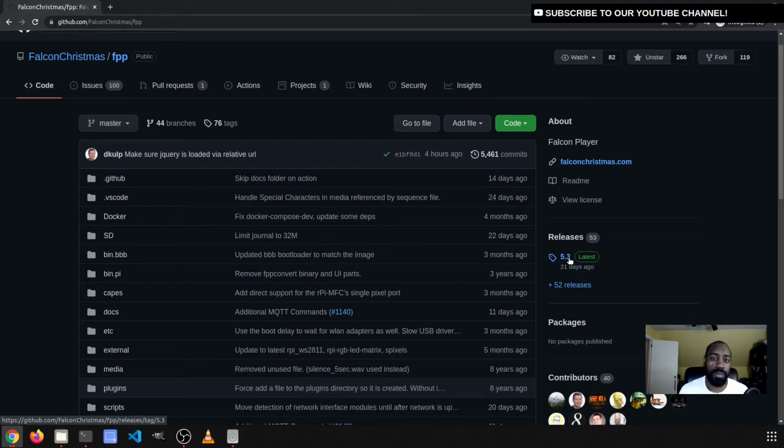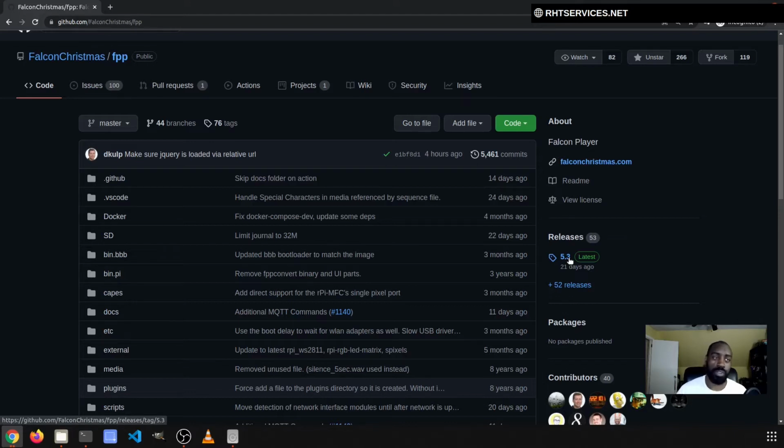Early to midsummer, they came out with Falcon version 5.0. And the first 5.1, 5.2 had some major bugs in there. So the rule is, once you get your show running with a particular version of software and hardware, you don't mess with it until after the holiday season. Because I have 4.6 on my primary show Raspberry Pi, I'm going to put